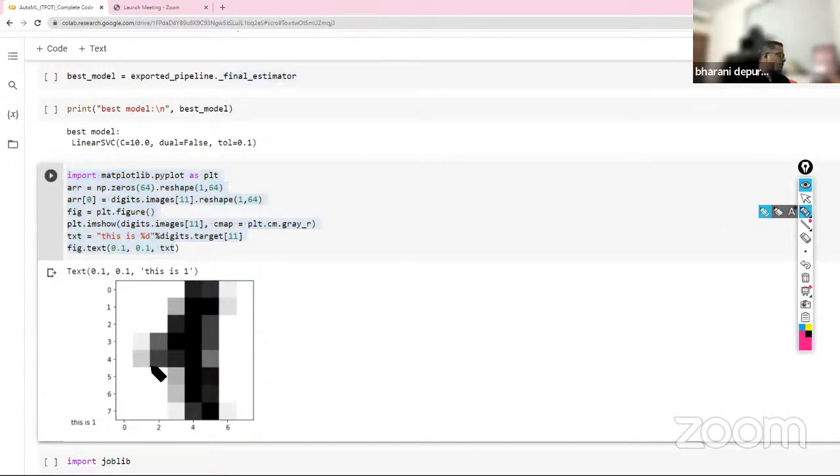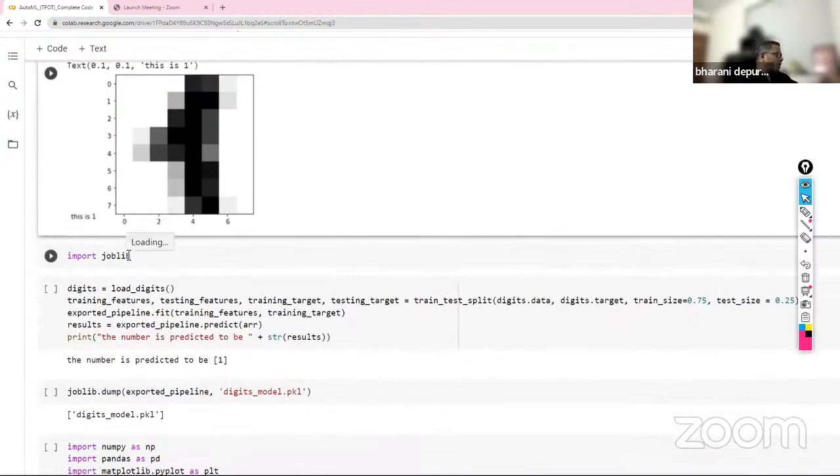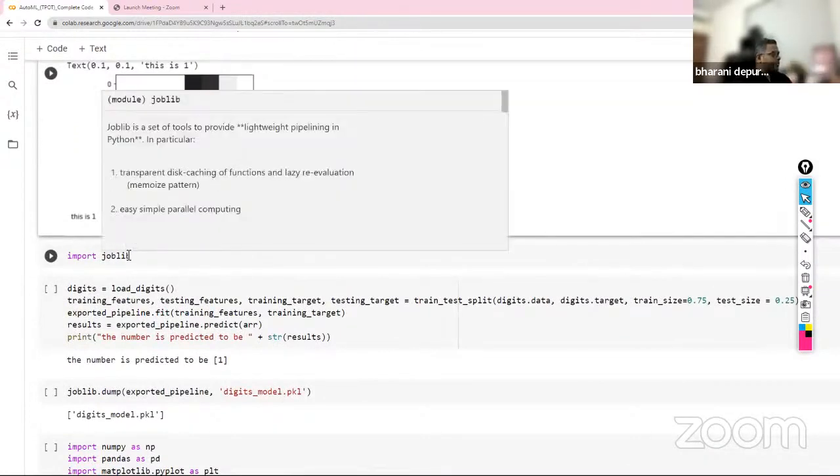This is how it looks. And that's also 1, right? So the actual image is 1. Now, using joblib, you try to,